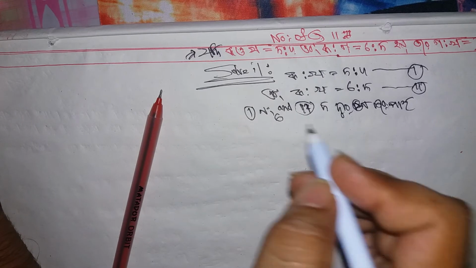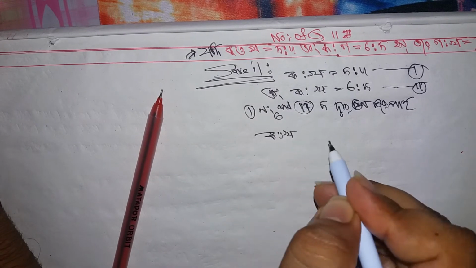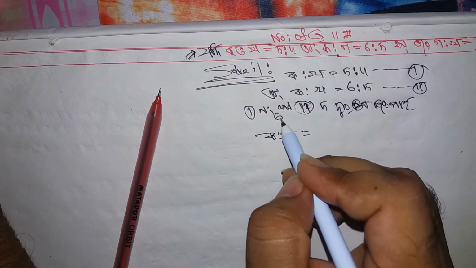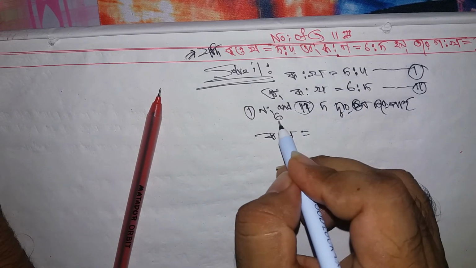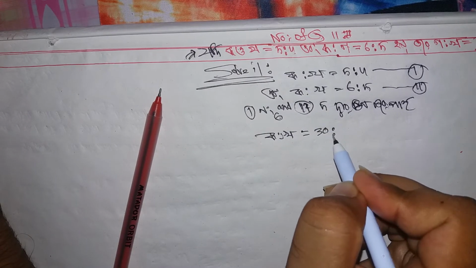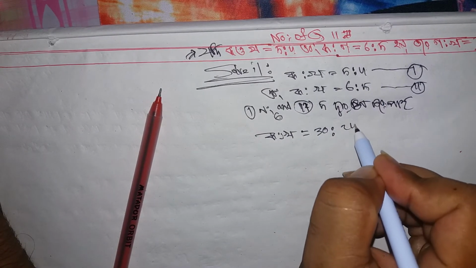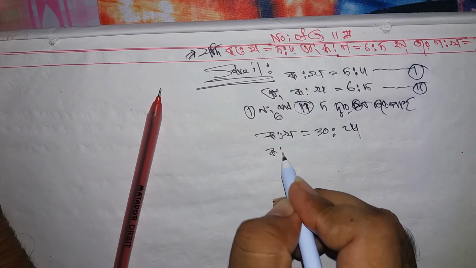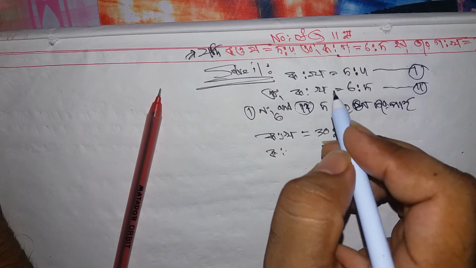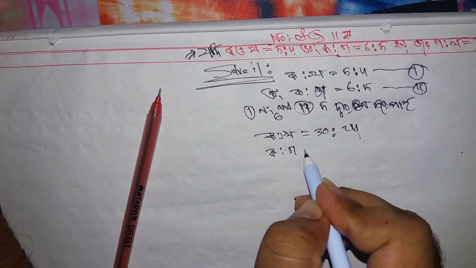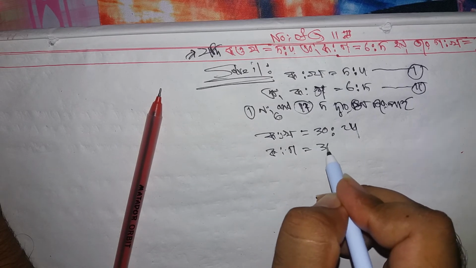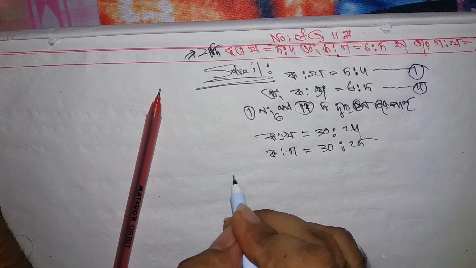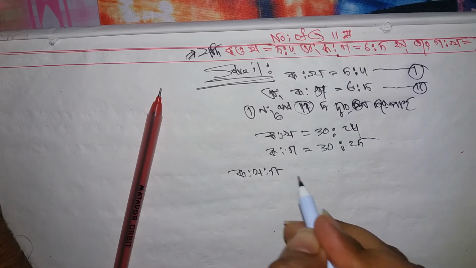পাই, সো আমরা ক is to খ কে যদি আমরা মাল্টিপল করি, তাহলে ক অর্থাৎ দ্যাটস মিন 1 নম্বর সমীকরণ 6 into 5 30 is to 6 into 4 24। ক is to গ equal 30 is to 5 into 5 25।